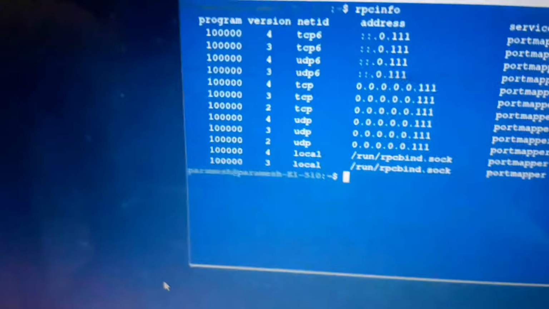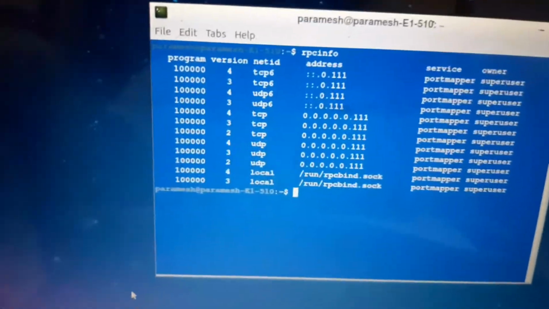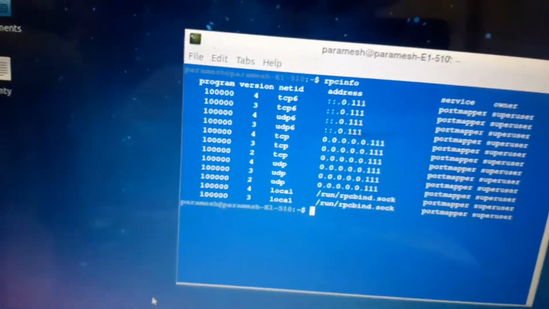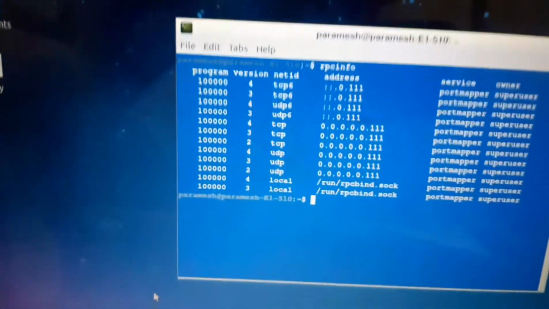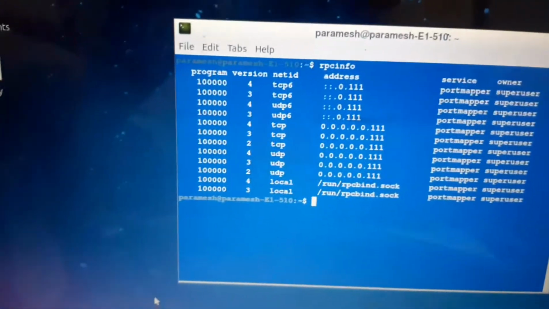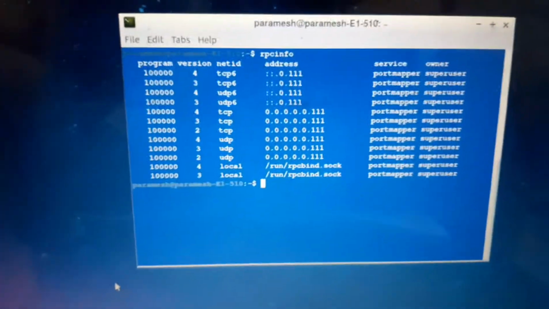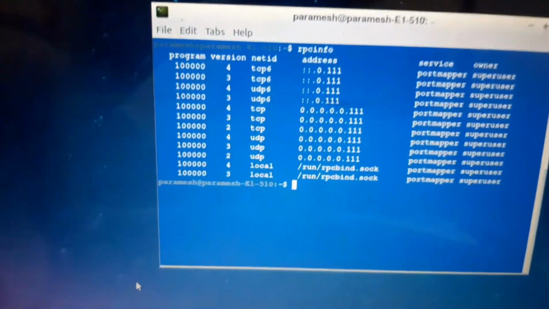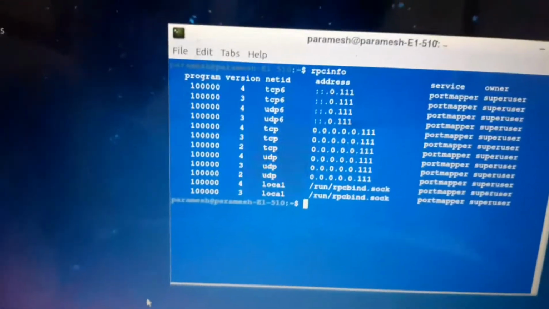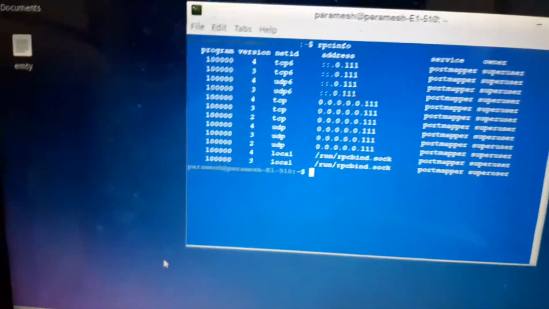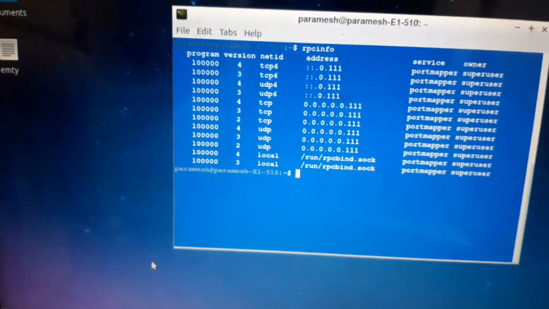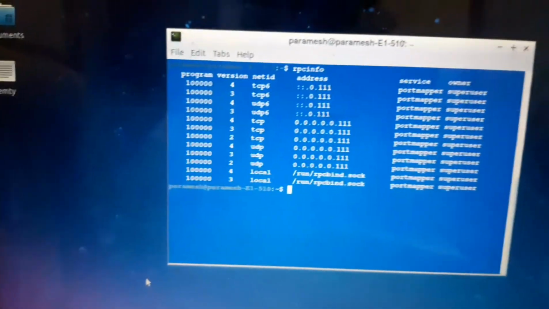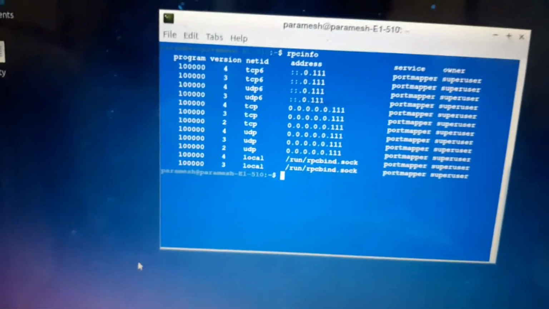Okay, now we will get back to the terminal. Here we are using RPC application development. In this we are using Ubuntu OS and C as the programming language. In my simple example, the steps involved in developing an RPC application are: specifying the protocol for client server communication, developing the client program, and developing the server program.